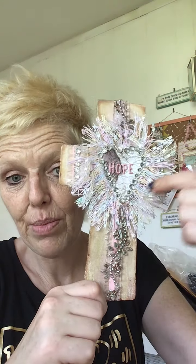Behind here is gonna shock you. I know, Alicia's using bling on a project. Look at that. Trim with bling peeking through. This is my favorite merchant trim. I didn't have a heart this size, so I kind of hand drew it, cut it out of cardstock, put the Jane Eyre vintage paper on top, added the word hope in these little